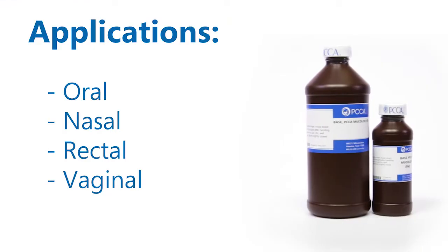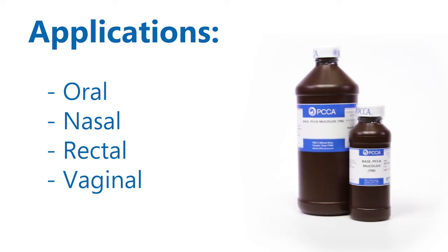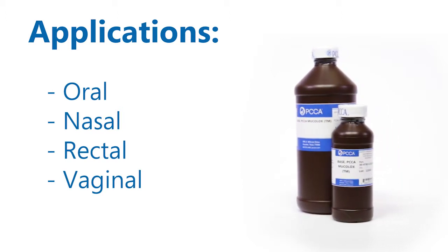There's really been nothing quite like MucoLox on the market before. So as compounders, we've got a very effective mousetrap to help keep drugs on the mucosal surface longer. We've got a product that actually is going to enhance efficacy because of that. You can treat oral, nasal, rectal, vaginal things where you've got mucous membranes that need a prolonged exposure to the